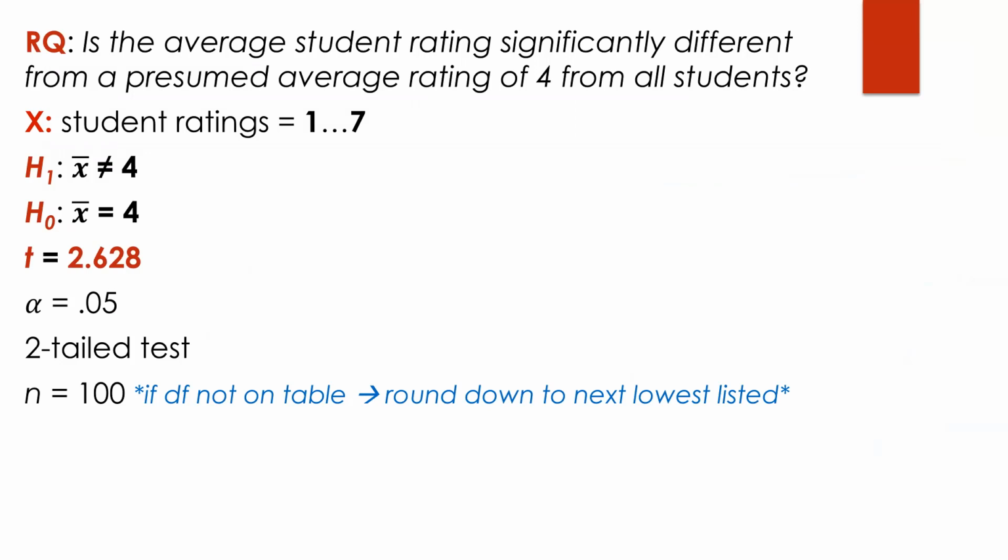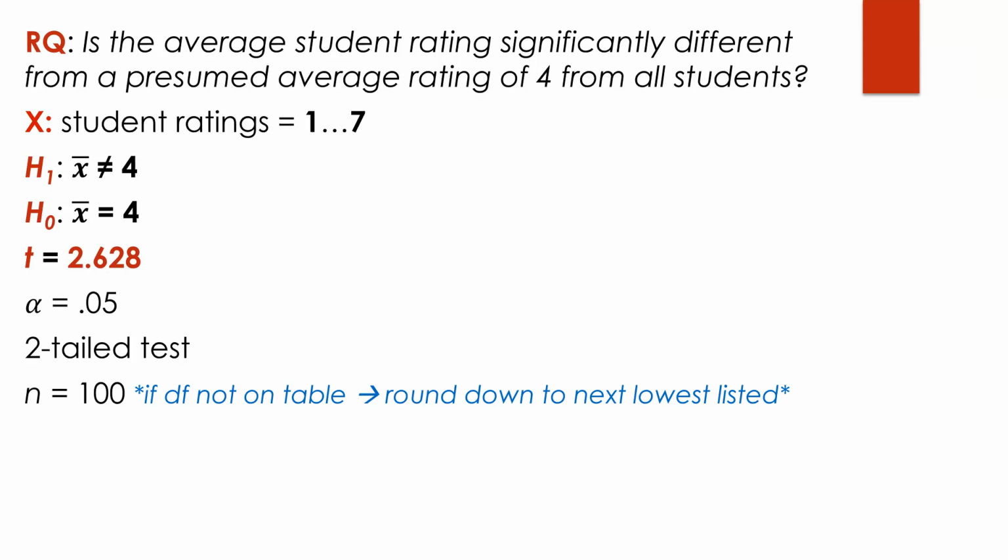So let's find our critical score for our scenario. Alpha is 0.05, two-tailed test, n equals 100. Now, a heads up, when you're looking at the table, if the exact degrees of freedom you calculate is not on the table, the rule is to round down to the next lowest listed. So what I mean by round down is if n is 99 and the table only